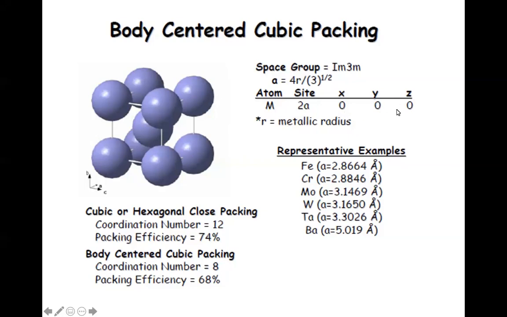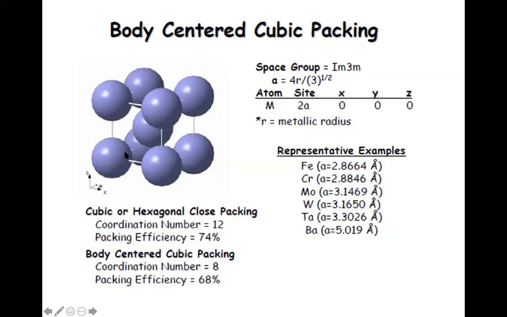All are 000. Okay. I type means it will be 000 plus half, half, half. That is half in the B direction and half in the C direction. That is not mentioned obviously here, but when we say I type, it means you have 000 and half, half, half. So 000, which means all the corners, gives you 1 atom, and half, half, half, that is the middle, gives you 1 atom.